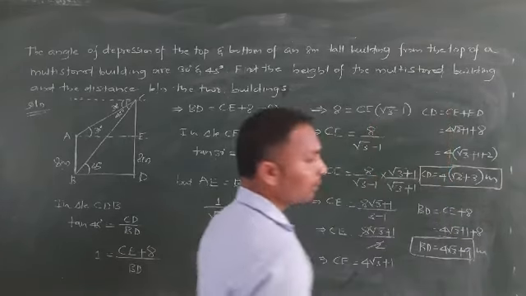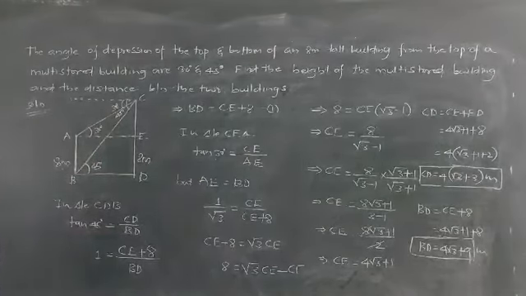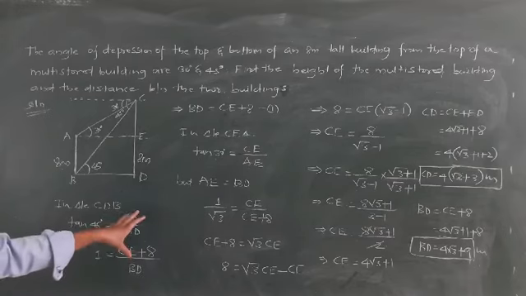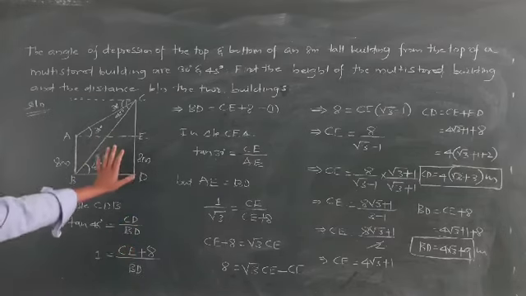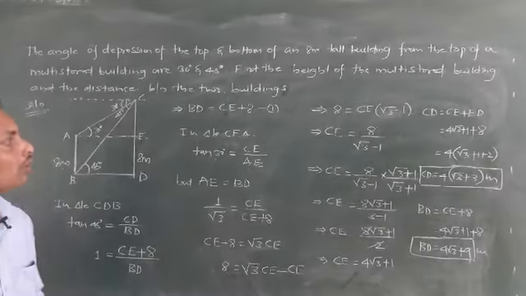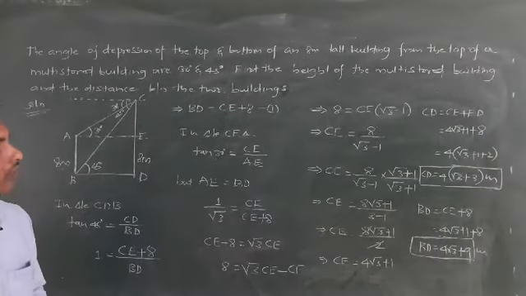So once we got these answers, we can say this is a very easy problem here. But you need to solve stepwise, one by one. Here we have two triangles. You need to take one triangle at a time and solve it, and you get your answer very easily. I hope you understood very well.